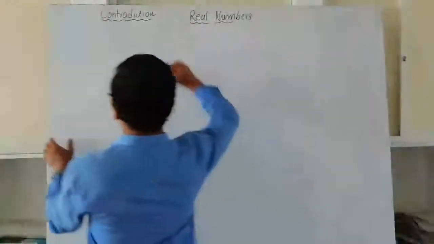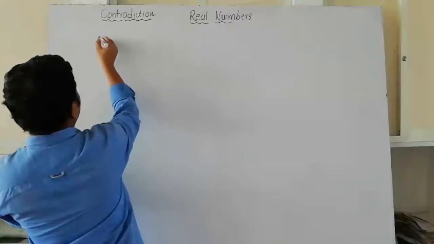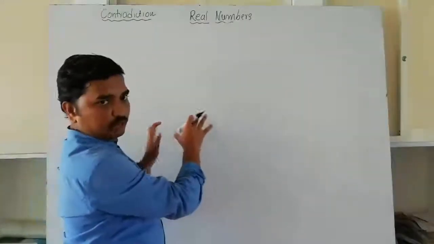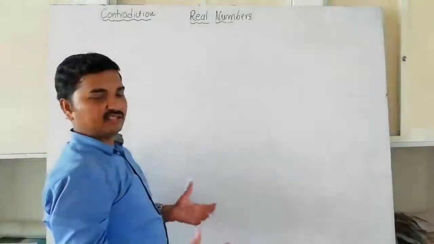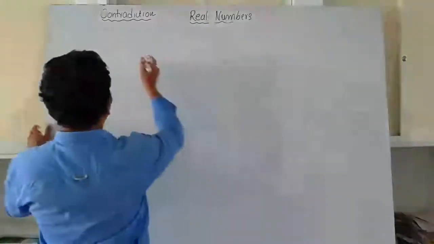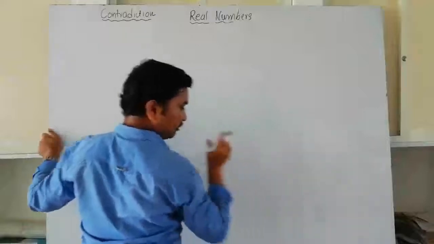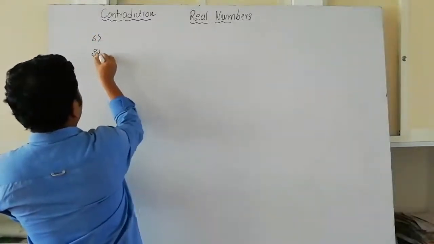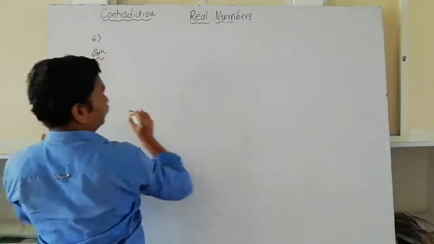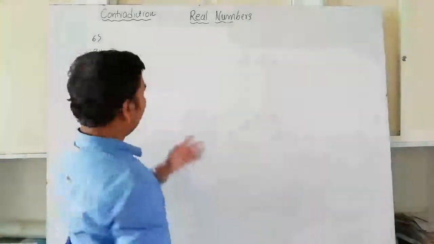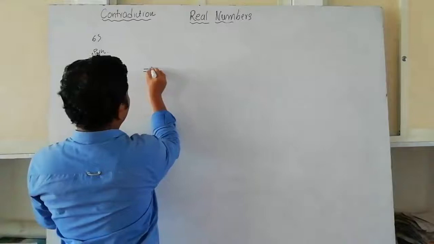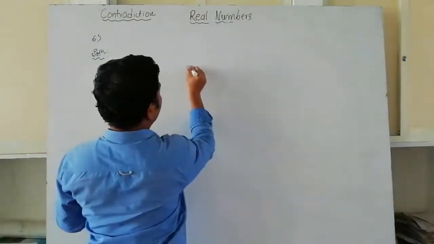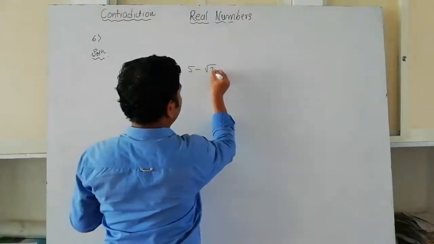Okay, so it is very simple once again. Now look at here. I am just going to write the equation part. I am not going to write all the sentences. It is very similar, so that's why I am going to solve the equations only. Question number 6. Okay, initially you need to write the assumption. I think you have written that one. You need to write, let us assume like that. After that, that implies you need to write like this: 5 minus root 3 is equal to a.